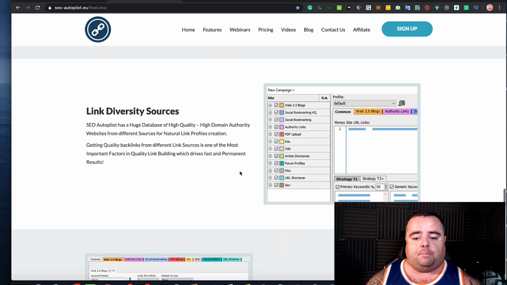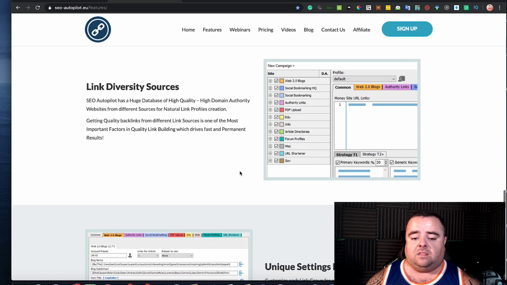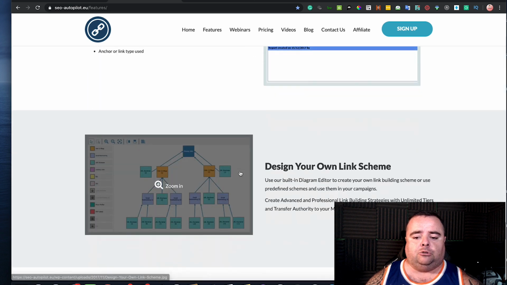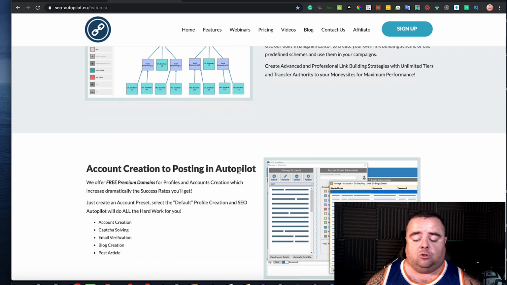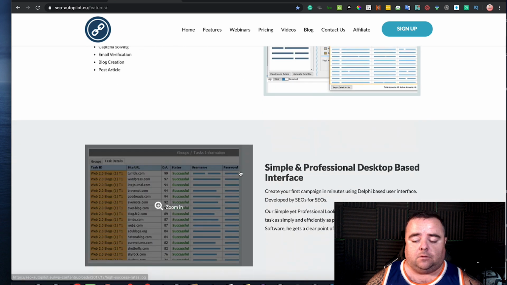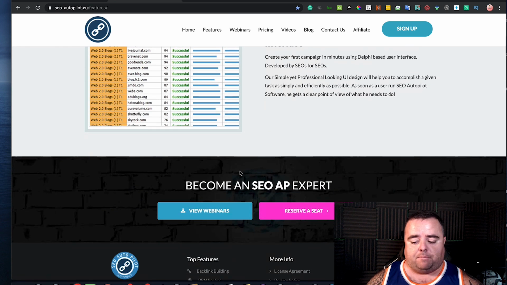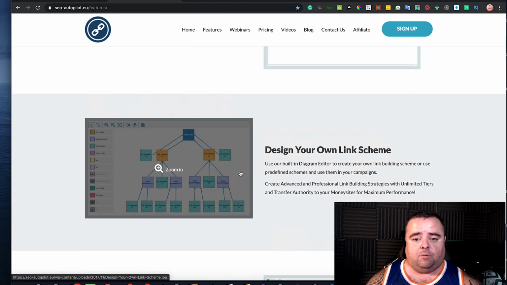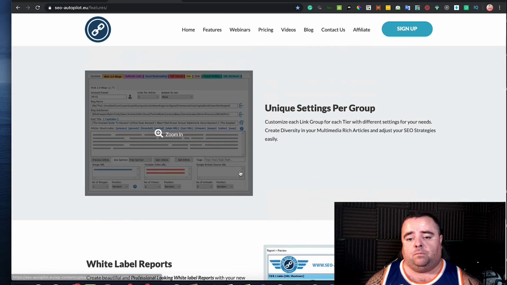So you can make up a whole diagram to suit yourself, and you can diversify your tier 2 link building profile. You can, as I say, do all of this in Autopilot. You just press a button and off it pops. Now, SEO Autopilot do have their own Facebook group, they do have their own videos, but